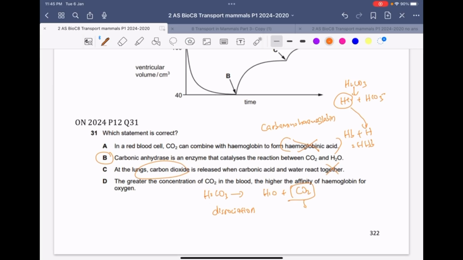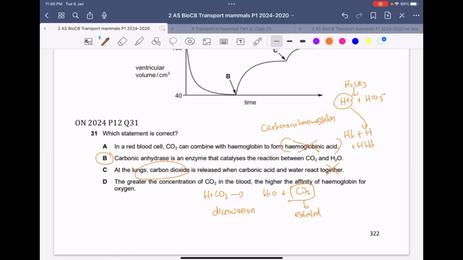So later the carbon dioxide, right, will be exhaled out by the exhalation，就是说在呼气的时候 carbon dioxide 会通过 exhalation 释放出来。